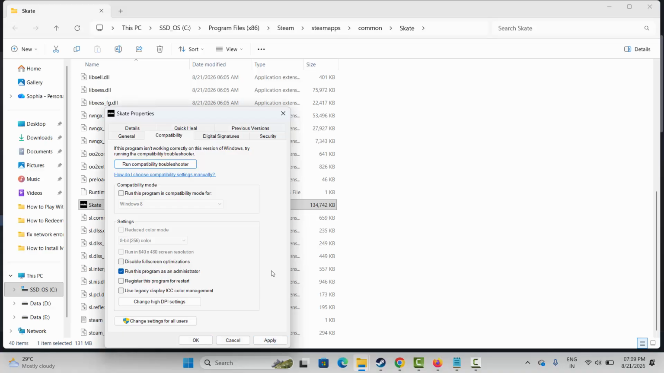check. If this doesn't work, come back again, select disable full screen optimizations, click on apply and OK, and after that launch the game and check if it's working. If this also doesn't work, come back again, select run this program in compatibility mode for, select Windows 8, hit on apply and OK, and launch the game and check. If this doesn't work, come back again, uncheck all of these, hit on apply and OK, and move to